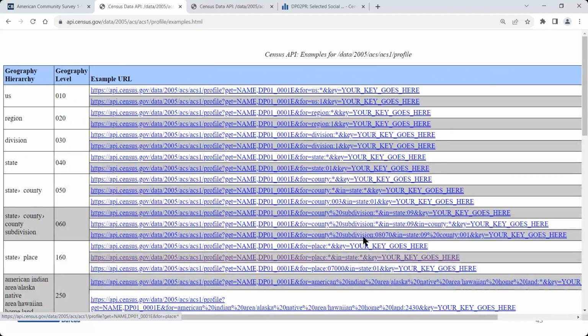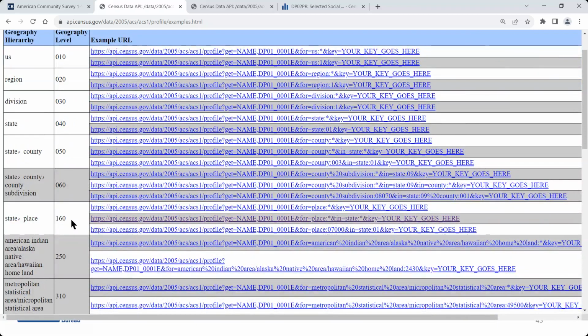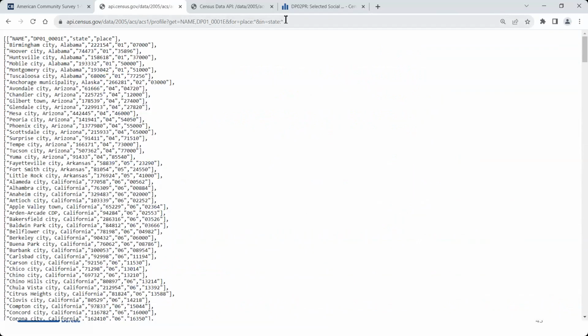So on this page, I mentioned we were looking for all comunidades and zonas urbanas, which are going to be found under the place geography here. And that's going to be coming from this geography level 160. So similar to how when we were looking at the county geography for municipios, there's 3 different links we can choose from here. I'm going to choose the second one because it's going to allow me to edit the state code to add in that Puerto Rico FIPS code in there. So if I click directly on this link here, like we've been doing before, again, it deletes that key portion for me automatically. And right now it's pulling a single variable from all places in all states.